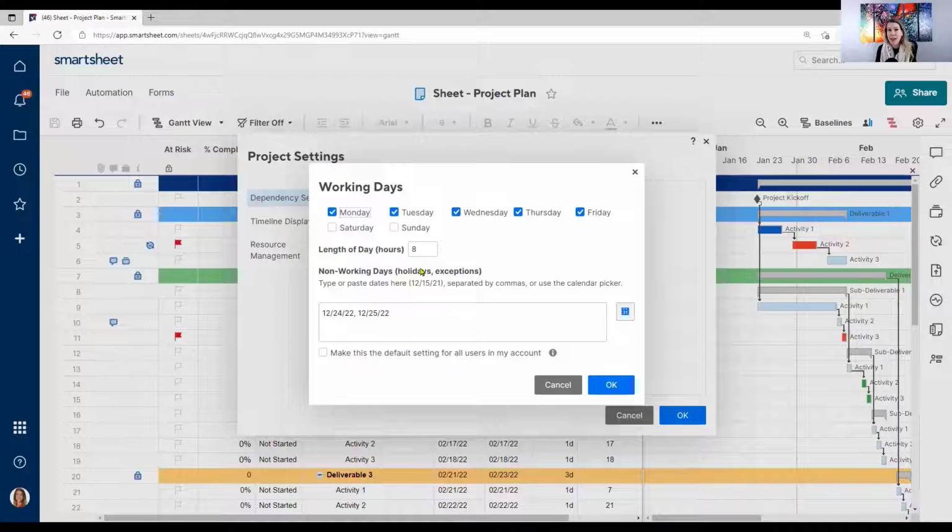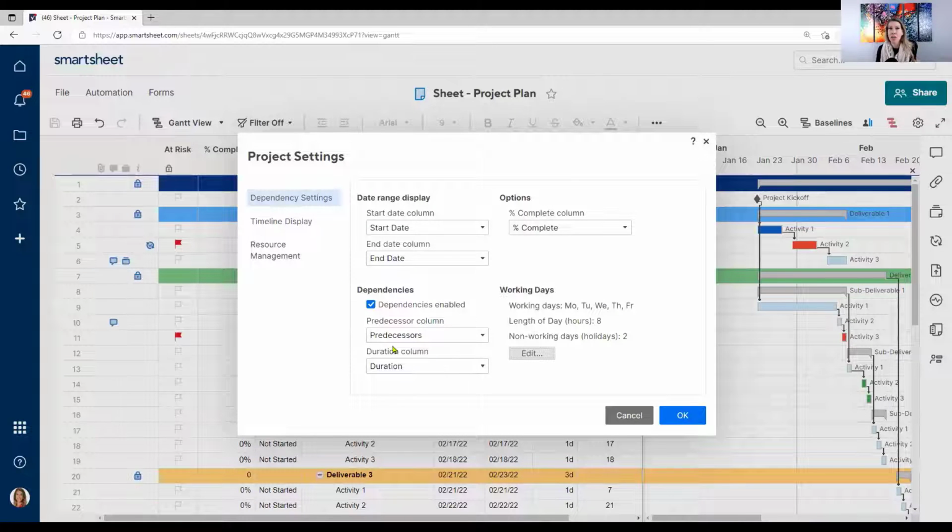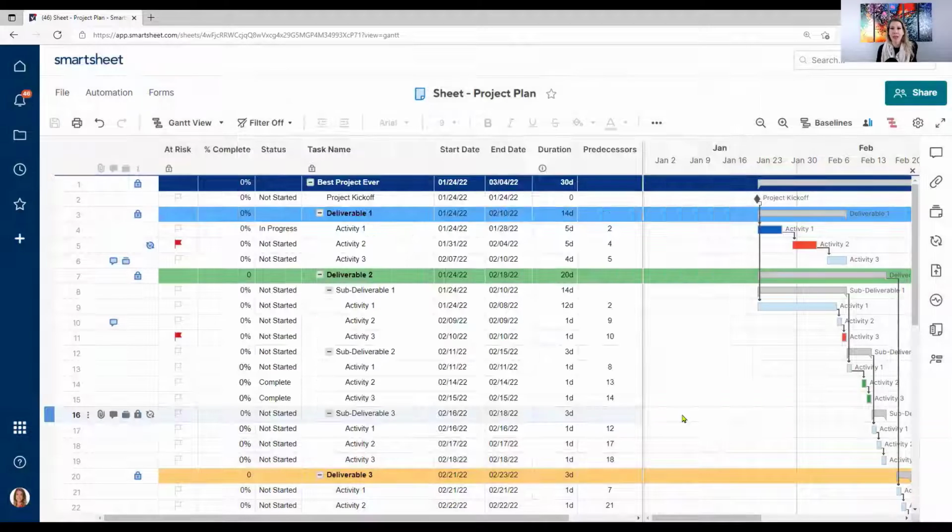If we're working longer than 8-hour days, we want to actually adjust that. And we can go ahead and enter any non-working days that would be linked to a holiday or a down day for the company. And that way it's not accounting for them as it's driving your dates whenever you're including those predecessor relationships. So set this up to what's actually going to happen with your project. Click OK. Again, make sure dependencies are enabled. Click OK. And you'll see here, just like the screenshots in the actual slides, we have our project kickoff here